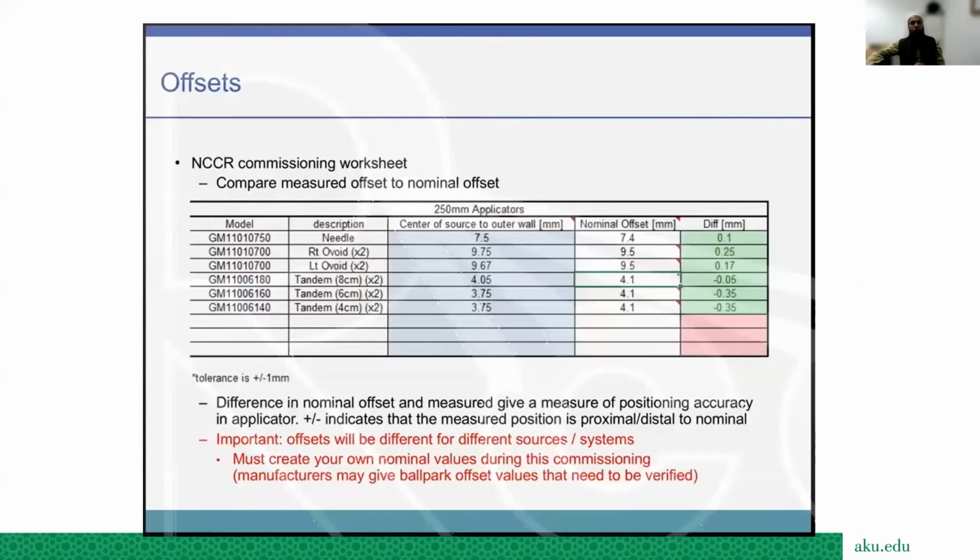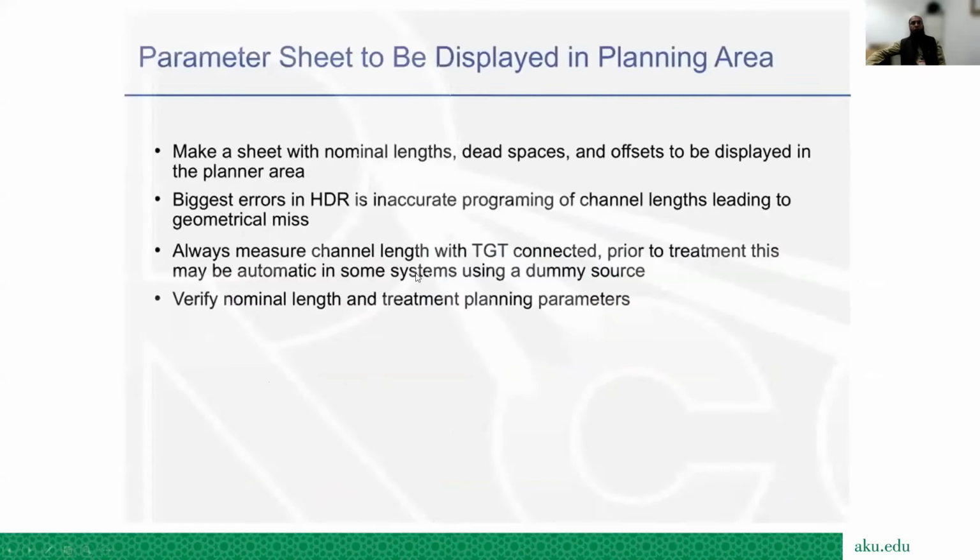This is the NCCR commissioning worksheet, which shows the same things. And we are almost following this NCCR guideline for making our own sheets, actually, Excel sheets. These are the parameter sheets to be displayed in the planning area. As I was talking about, we should use these nominal lengths, dead spaces, offset data for each applicator, for each component as well. And because most of the errors in the HDR is the inaccurate programming of the channel